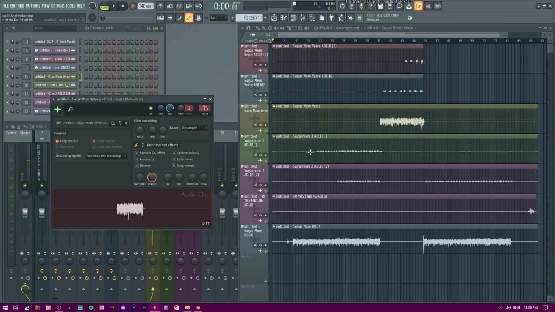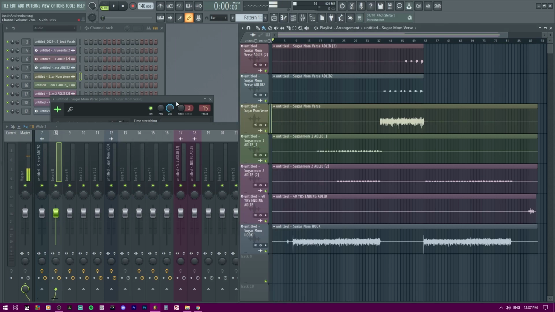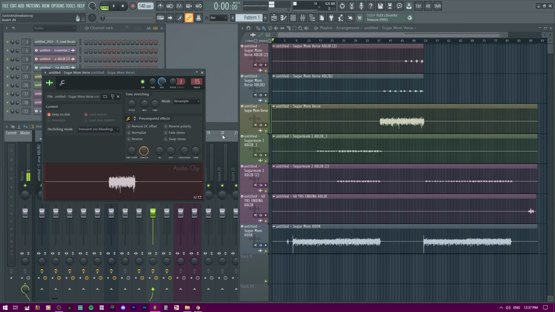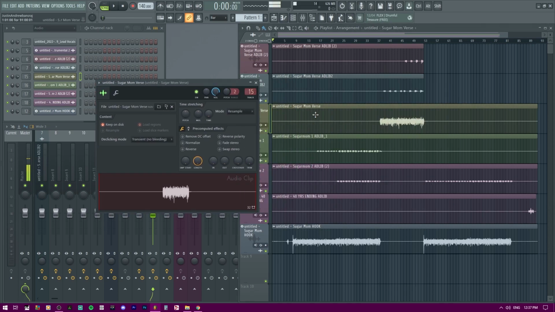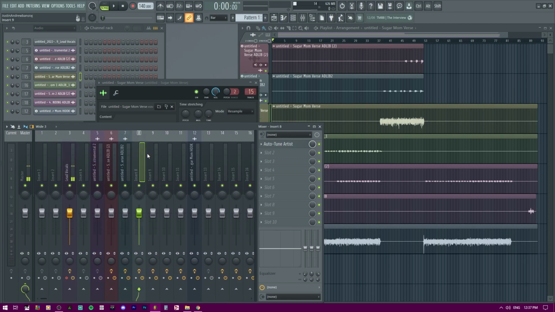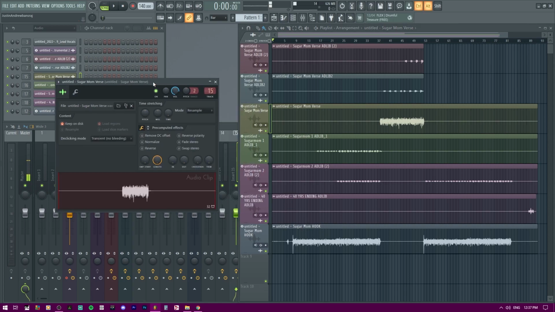I hit Control Z. Control Z. Oh, Control Alt Z now. You see it's doing something there, right? It just put auto-tune back in. So auto-tune and these three things here, we did that before we did that auto-assign. So even if we hit Control Z, we kind of undid the assigning here, the name, but the track is still routed to 15 rather than where it was before, which I guess would be 8, 9, 10, and 11. So that's something that, I guess, is a bug in their system at this point.